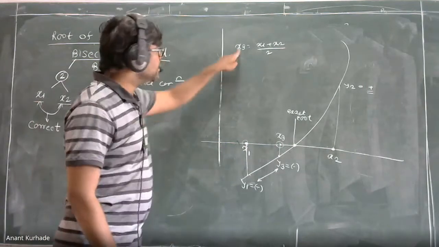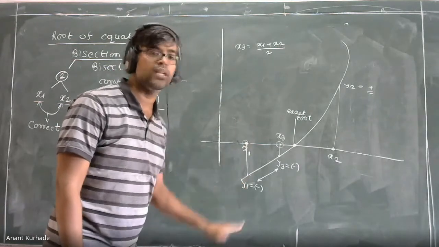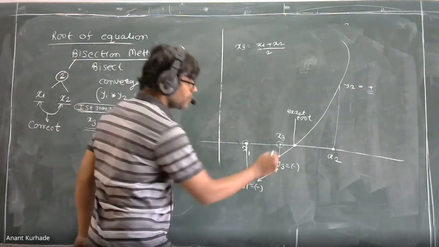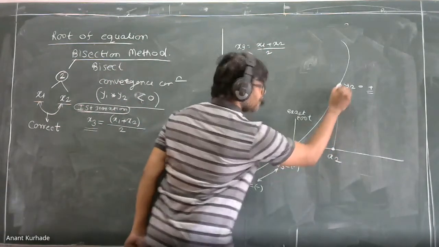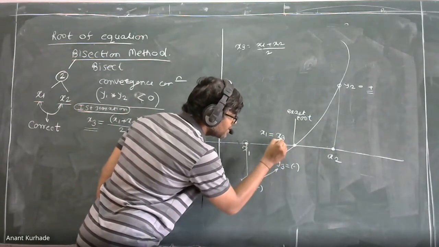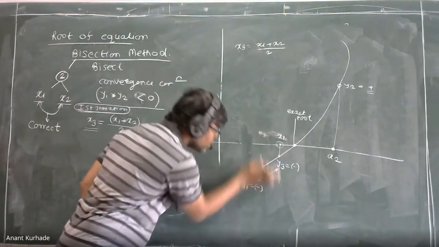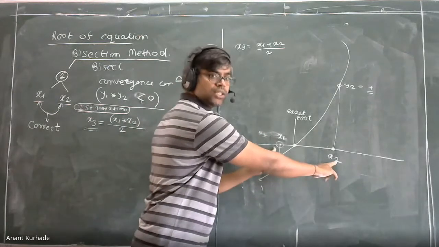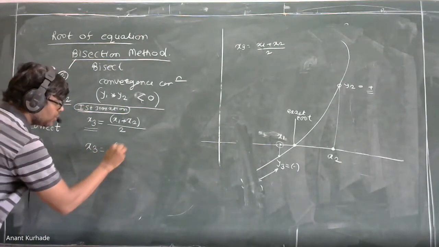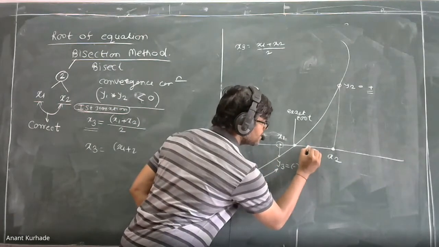For the first iteration x3, the second iteration x4, and the next iterations x5, 6, 7, 8, 9, use the same formula. In the formula we have x1, x2. So now here x2 is fixed, and we have to replace this here. Instead of writing x3, we can say this is again the value of x1. Now it is not required. So you can say the root lies between these. Again go for the next iteration, meaning again x3 is equal to the average of x1 and x2. Bisect these two numbers and you have the value of x3 here.